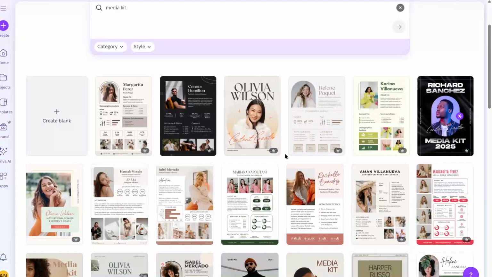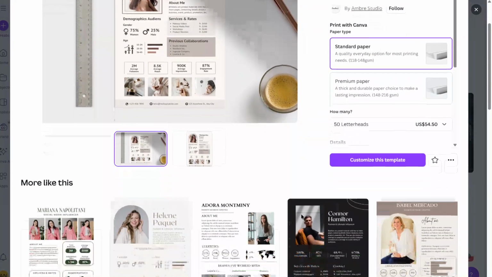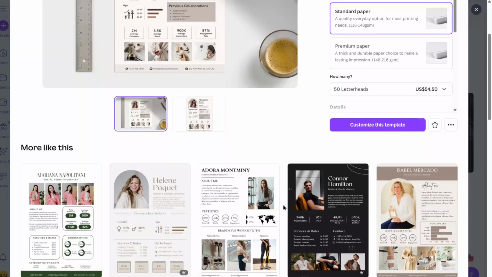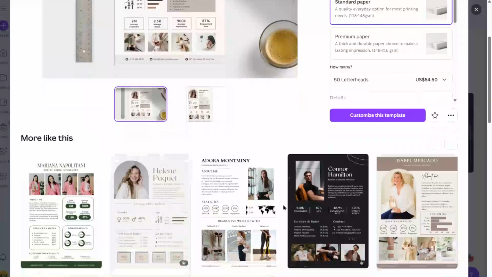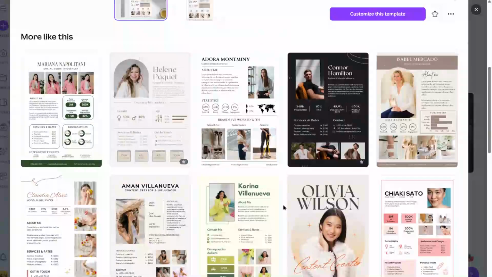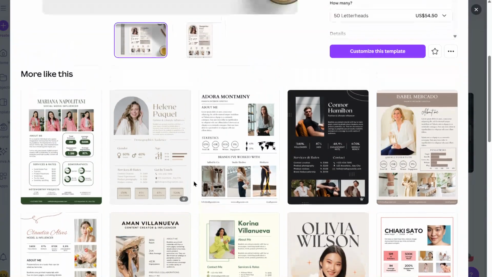I personally have a 3-page media kit because I have a hella big portfolio of successful brand collaborations that I want to be able to show a brand and lots of different packages. So what we're going to do is I'm going to actually go ahead and click into this one. Now, when you open up a template, really, we're not going to worry about printing anything. If you are interested, and you're new to Canva, if you're interested in other templates that are similar, you can always scroll down. And these are a little bit more similar in the style, the vibe,